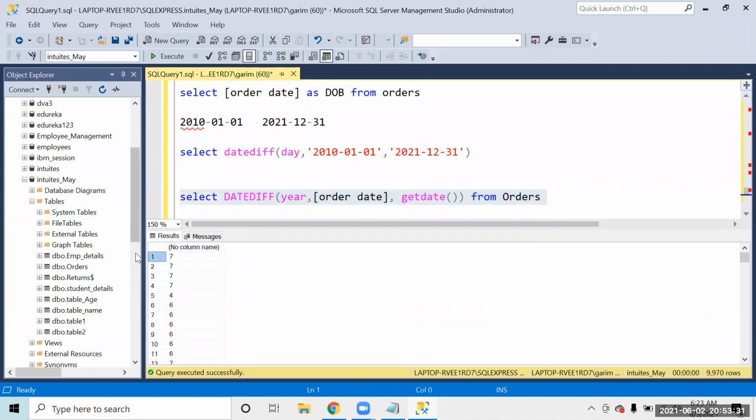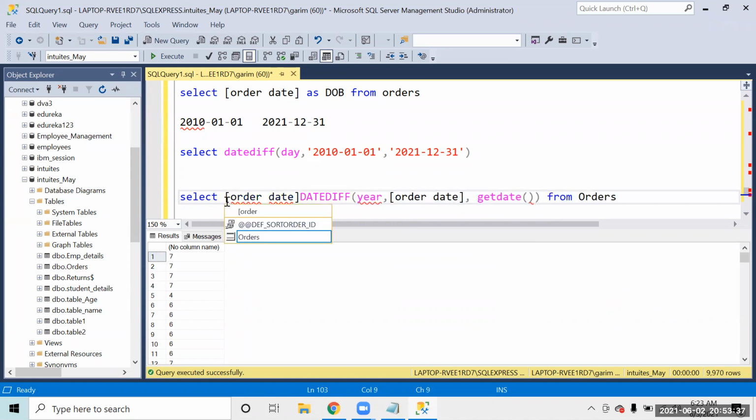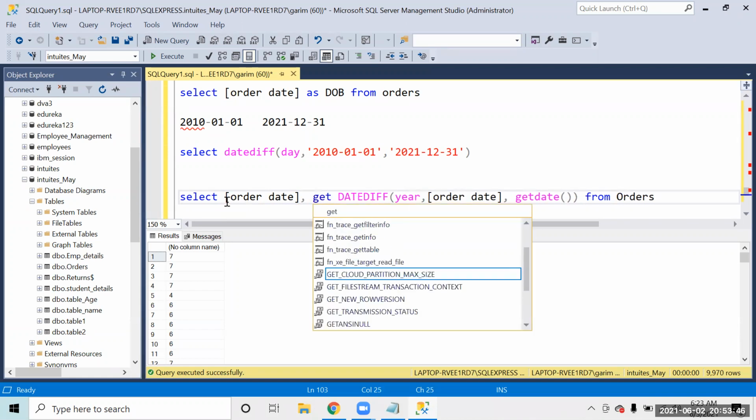That is the age. I can fetch the order date also. We can pick the current date also.